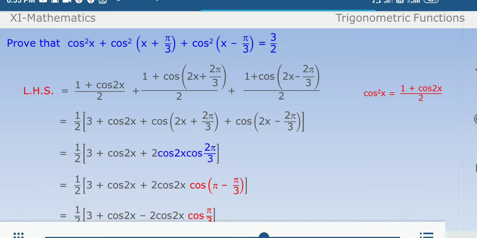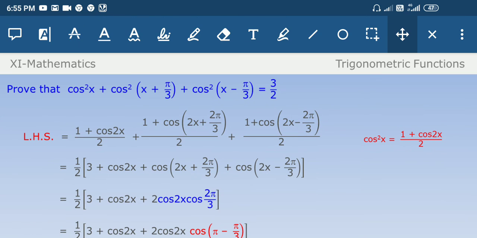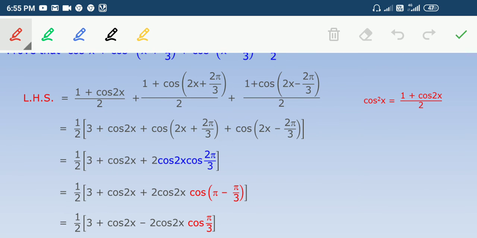Now students, cos 2 pi by 3 can be written, how? What is the value of cos 2 pi by 3, this blue color written thing? It is very easy, you can find. I have taught you how to find any trigonometric ratio of any angle. Okay, the cos 2 pi by 3 you can write, how will you write? 2 pi by 3 is 120 degrees. So what is cos 120 degrees? How will you find cos 120 degrees?